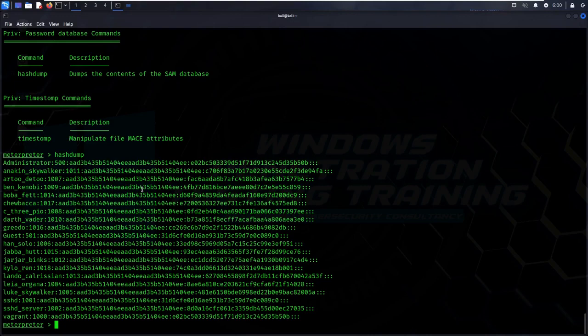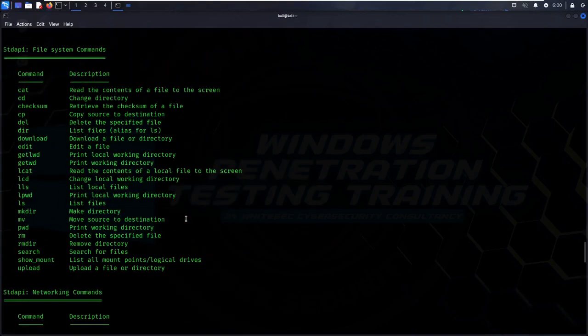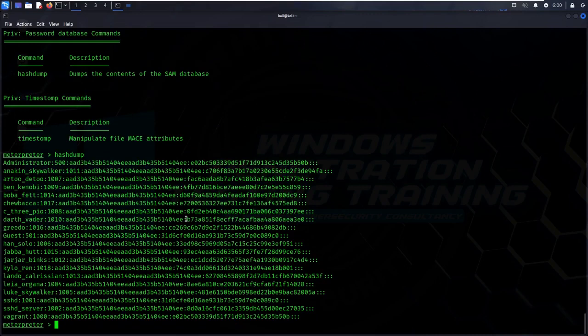So this is a very easy process. You no need to worry. Again, I am saying you just need to migrate to any 64-bit application. After performing the privilege escalation, just migrate to any 64-bit application. Then you guys can do